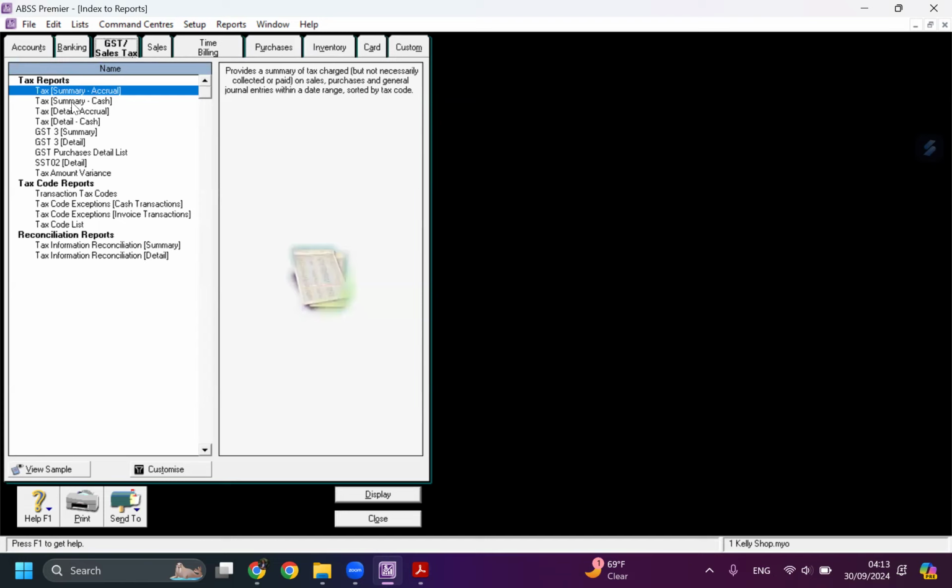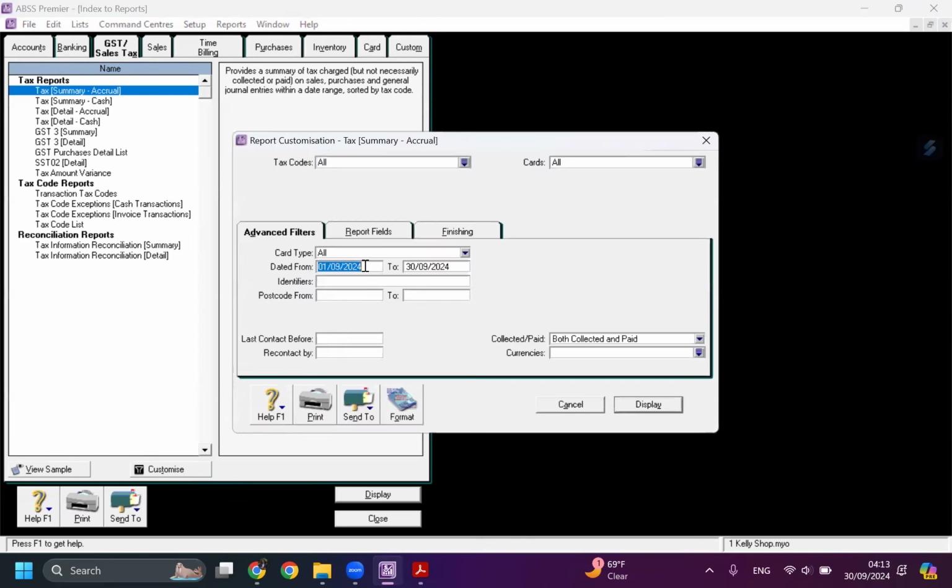I think we are going to check from this. Yeah, I'm not sure which report that give information related with VAT. We can check it. Yeah, click customize. Dated from 1 January 2016 until 31st December 2016.